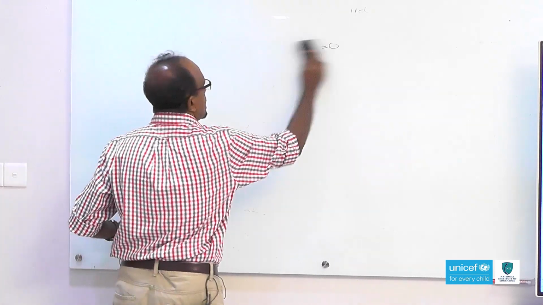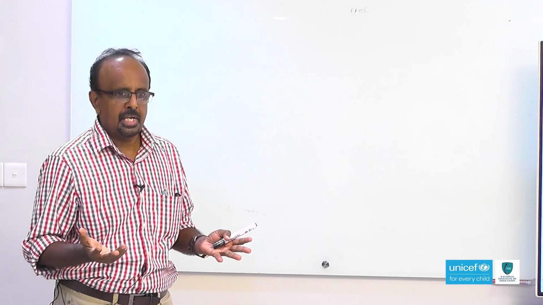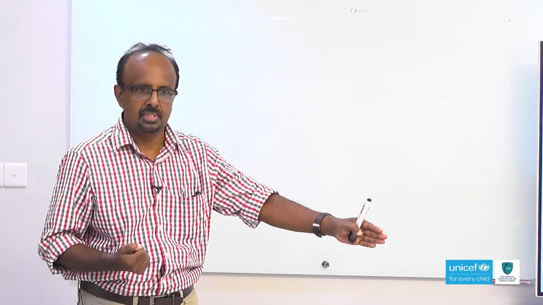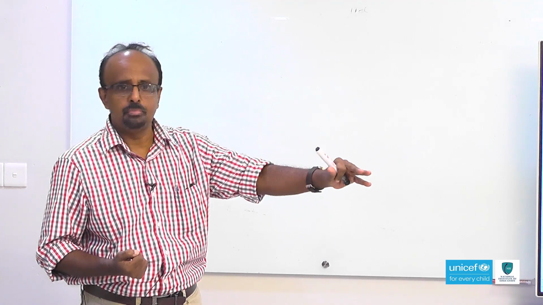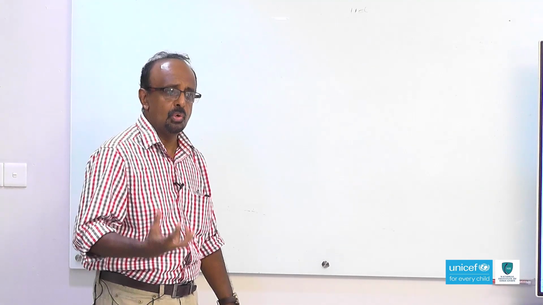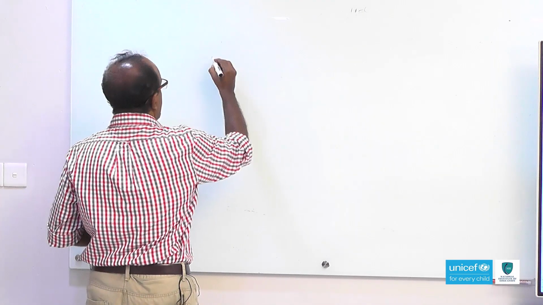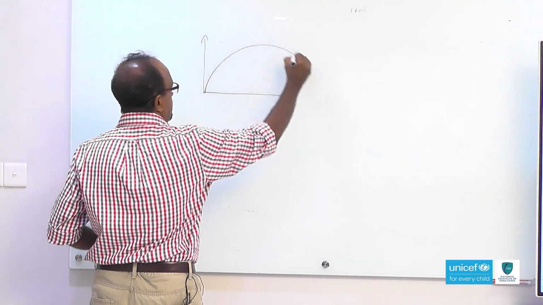Then we see there are questions. Now we know that in everyday life, in projectiles, we have many types of motions. A cricket player or batsman, when you hit a ball, it will go in a curved path. A golfer, when he hits the ball, it will go in a curved path. In volleyball or basketball, any game, the ball is moving in a parabolic path. So if you just take the path,